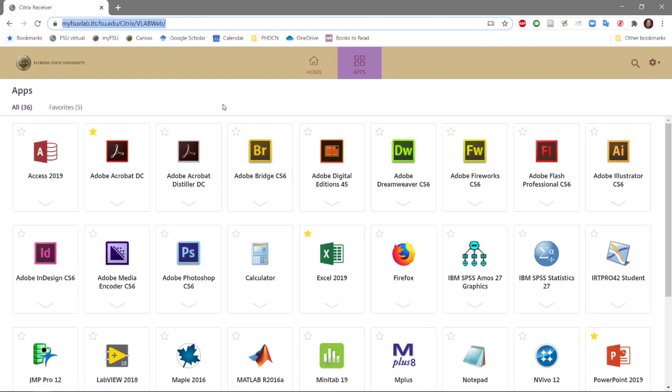In this video, I'm going to show you how to access Stata using the FSU virtual lab. In the past, we've accessed the virtual lab by directing our web browsers to this URL that you see in my address bar. Then when you log in with your FSU ID, you have access to a large number of applications, including the Adobe suite of applications, the Microsoft Office, and a number of statistical packages, including SPSS, SAS, MATLAB,